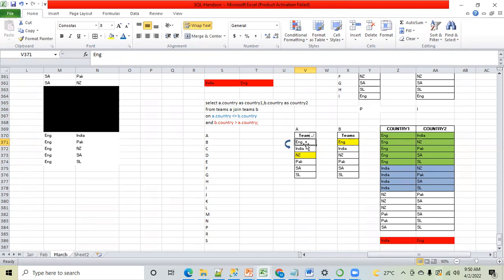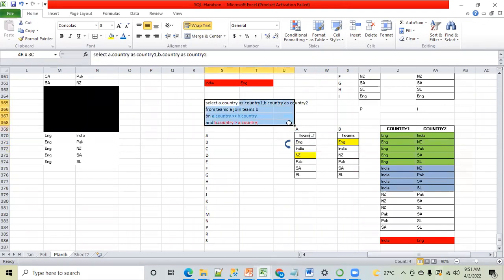So that will not be fetched here, right? Then after that, you don't want India to match with England as well, because this is already covered. So you are telling SQL to match I with all the higher ASCIIs. Match I with N, I with P, I with SS. That's why you're telling that the next table's ASCII should be higher than this one. So this is the way.